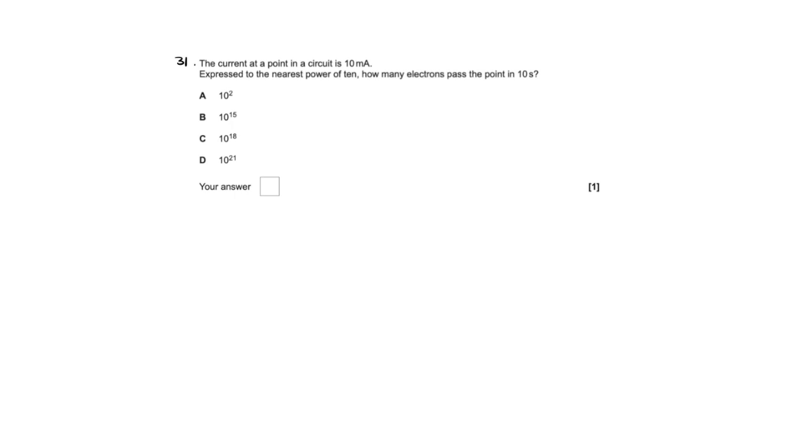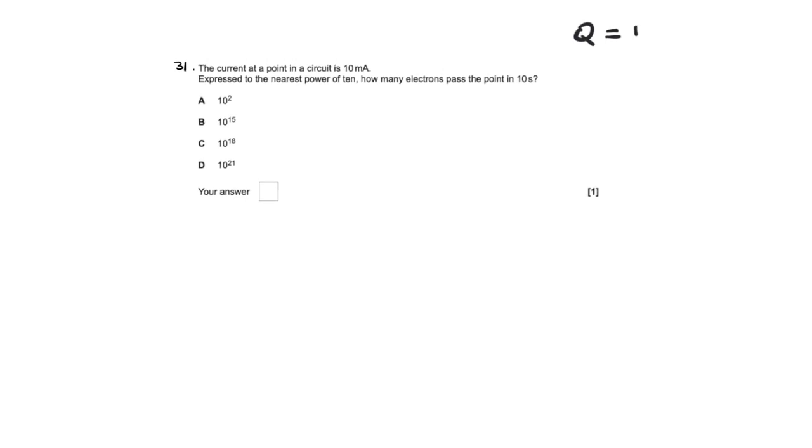For question number 31, the current at a point in a circuit is given as 10 milliamps. Expressed to the nearest power of 10, how many electrons pass through a point in 10 seconds? So it's asking for the number of electrons in 10 seconds, and we are given the current. We know Q is equal to I times T. So 10 milliamps, which is 10 times 10 to the power of minus 3, times 10 seconds, is the current times the time, which is the charge,